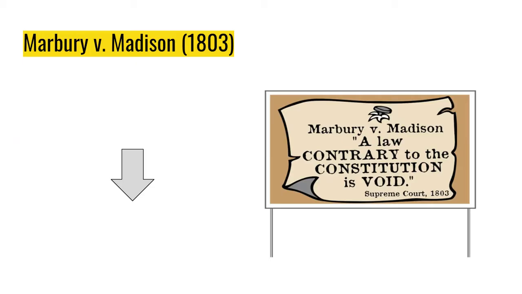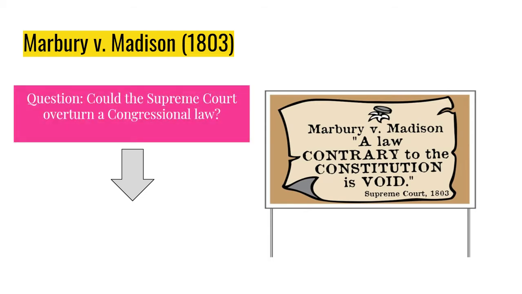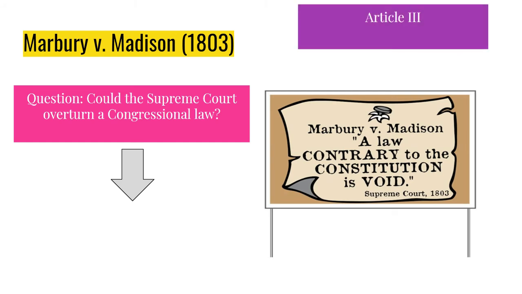All right. There's one case involving the judicial branch. This is obviously a big one. This is Marbury v. Madison of 1803. And again, we're not necessarily going over the details of the case, but at the heart of this case was whether or not the Supreme Court could actually overturn a law passed by Congress, which was known as the Judiciary Act back then. It sort of relates to Article 3 in a way because there's nothing in Article 3